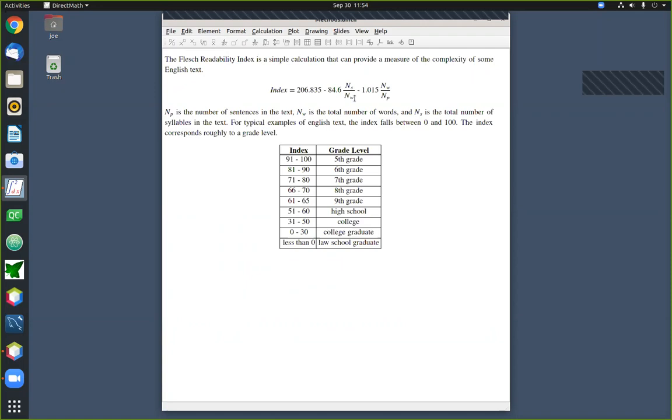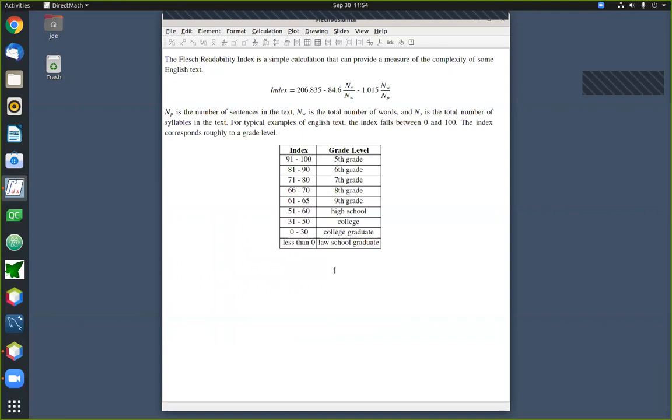All right, so what we're going to need to do is write a program that will open a large chunk of text and determine how many sentences are in the text, how many words are in the text, and how many syllables are in the text. And then from those quantities, we're going to compute these averages, syllables per word and words per sentence, and that will give us an index. Finally, at the end of the program, we'll have an if statement that looks at that index and prints a message saying what the reading level of that piece of text is.